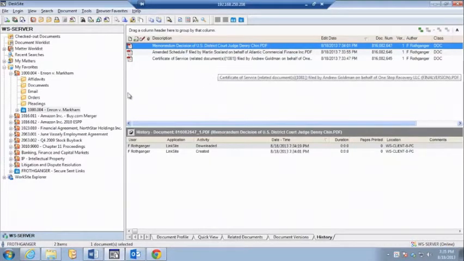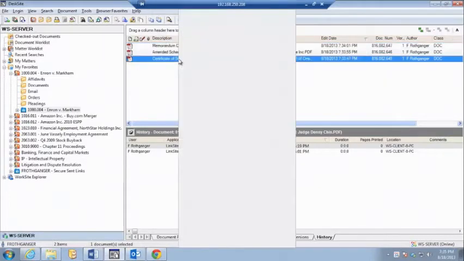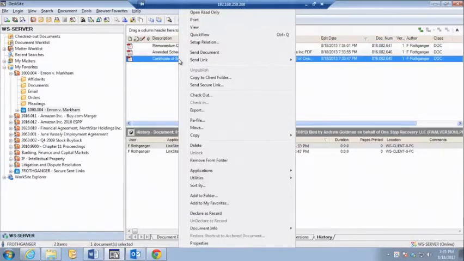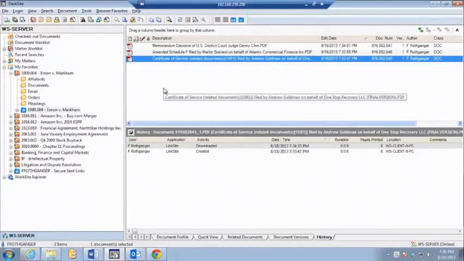And the neat thing about this is that because it's integrated into the client app itself, we'll be able to do a lot of the functions that you've been able to do on worksite documents, like check them out, check them in, version the documents, compare the documents. That tends to be the most important one. So let me show you how you'd version or compare, and how we have the second use case set up, which allows you to